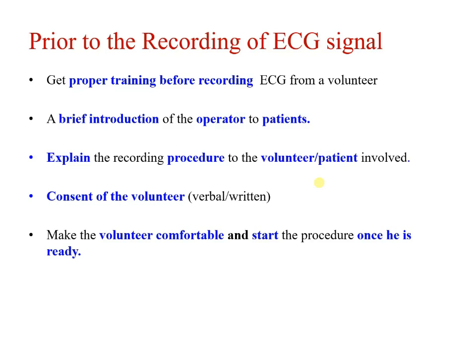The third most important point is, after explaining all these things, you should take the permission from the patient. In clinical settings, you do not need to take written permission. It must be verbal. But while we are dealing with an experimental or research-based procedure, it is always preferable to take written consent from the volunteer. The consent of the volunteer is the proof that he or she is voluntarily willing